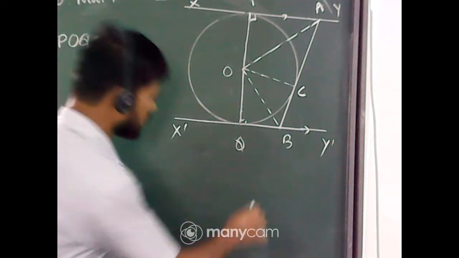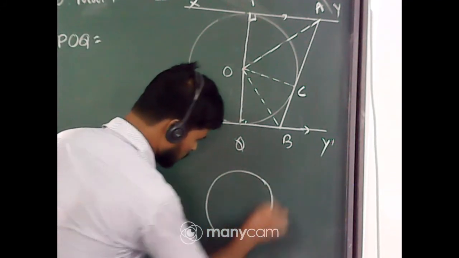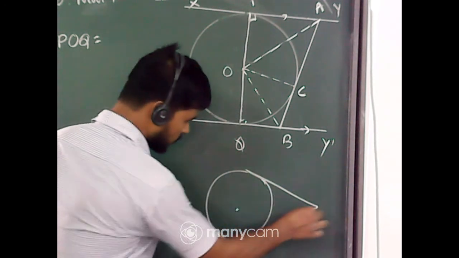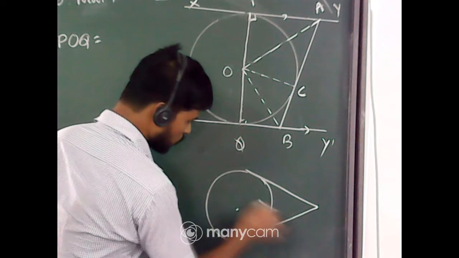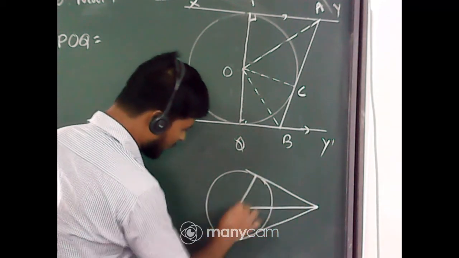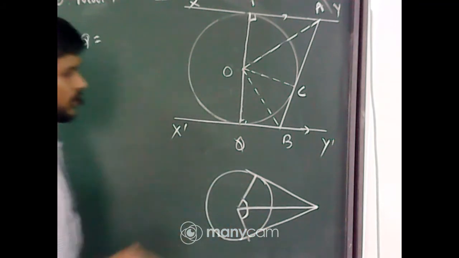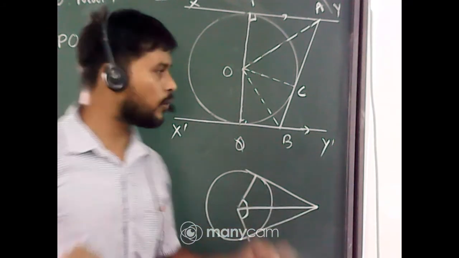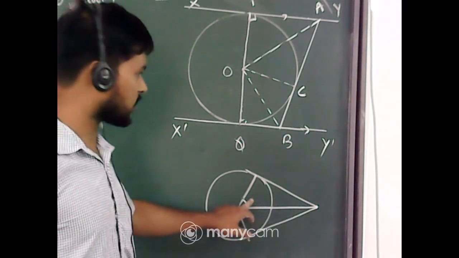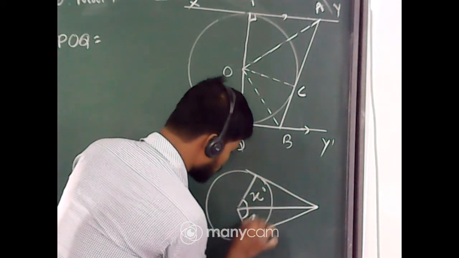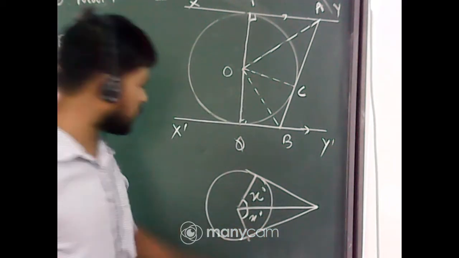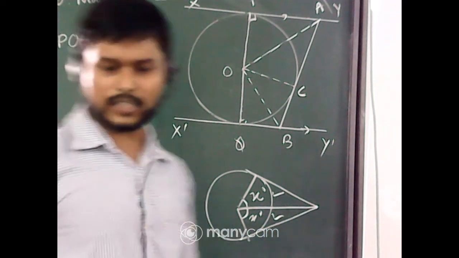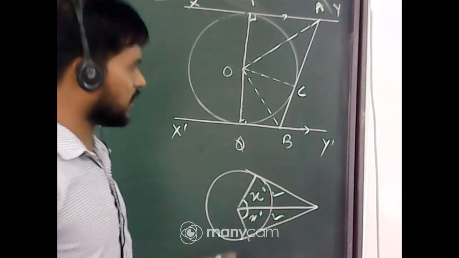Now can you remember this theorem? A circle, this is the center, and a point outside the circle. These tangents make equal angles at the center. If I draw two tangents from a point outside the circle, they will make equal angles at the center. Means if this is x degrees, this angle will also be x degrees. We can prove it by comparing these two triangles. We have proven this theorem in earlier classes, so we'll just apply it.